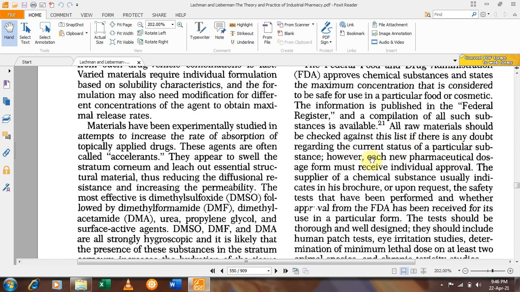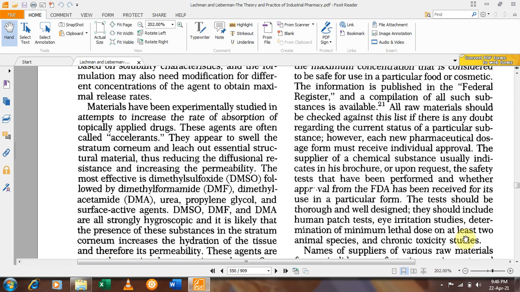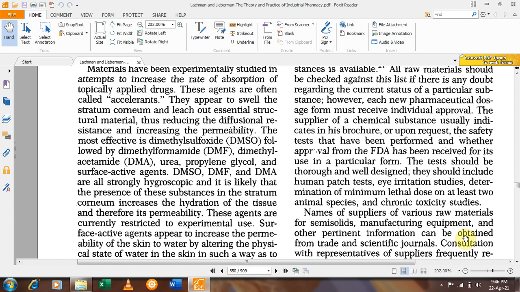If there is any doubt regarding the current status of a particular substance, however, each new pharmaceutical dosage form must receive individual approval. The supplier of a chemical substance usually indicates, upon request, the safety tests that have been performed and whether approval from the FDA has been received for its use in a particular form. The tests should be thorough and well designed. They should include human patch test, eye irritation studies, determination of animal lethal dose on at least two animal species, and chronic toxicity studies. These are some of the tests that should be well designed in order to ensure its safety